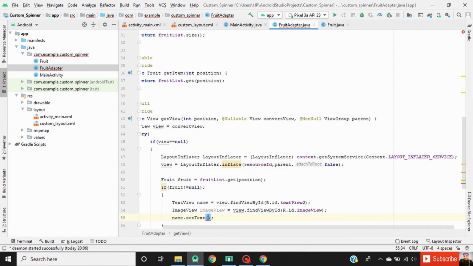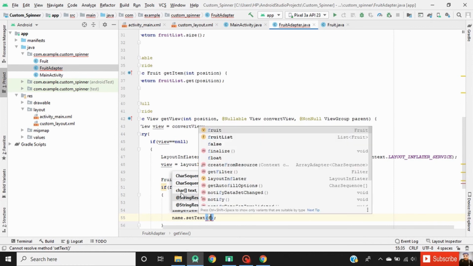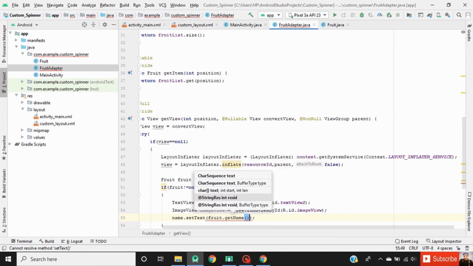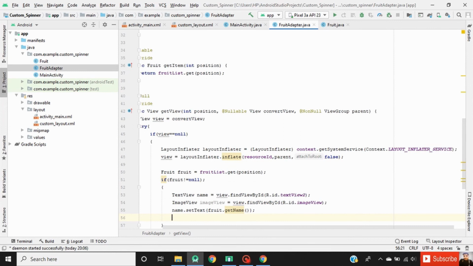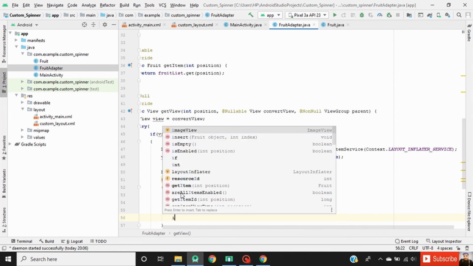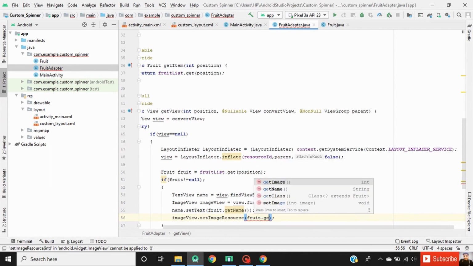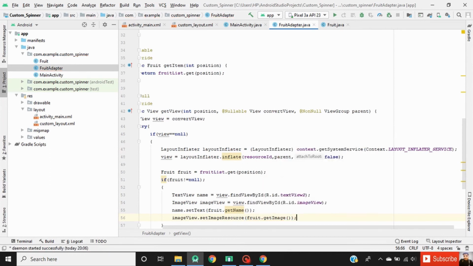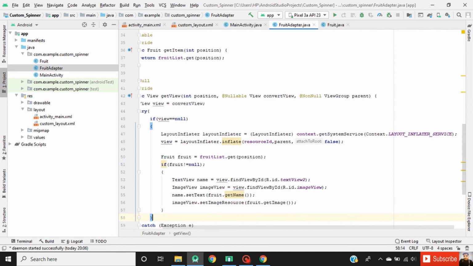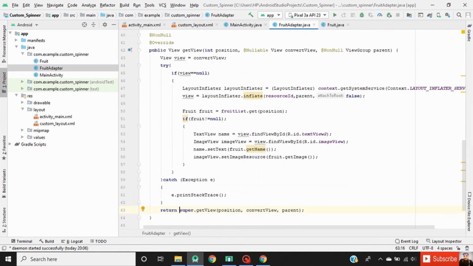And then set the text to this text view. And then add the image to this image view. At last return view.